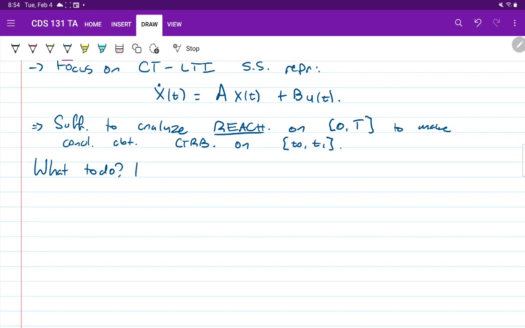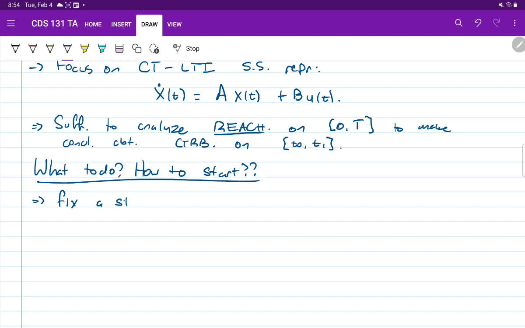What to do? How to start? The eternal question. Well, what we can start out by doing is saying, okay, we know the basic problem is to get from the origin, 0, to some other state at some time t, right? So let's fix a state that we want to get to.